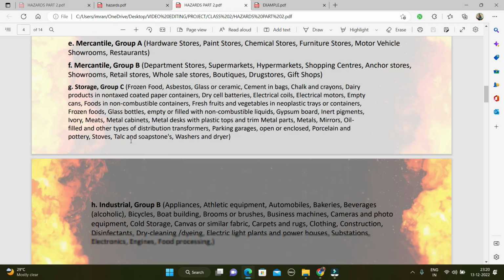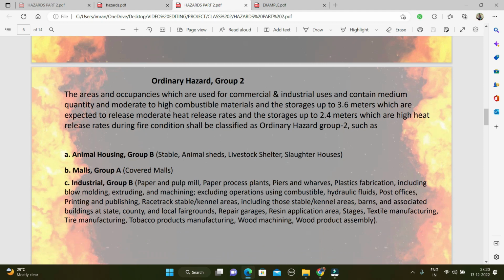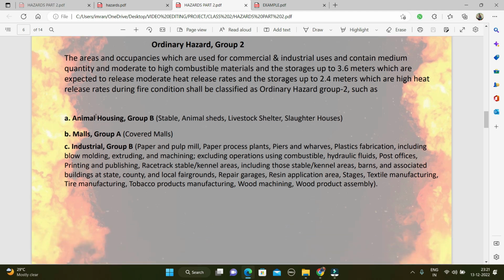But ordinary hazard group 1 is storage height up to 2.4 meters. But for ordinary hazard group 2, if it is more than 2.4 meters storage and less than 3.6 meters storage, it will be considered as